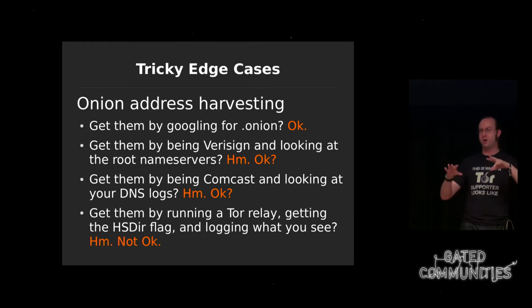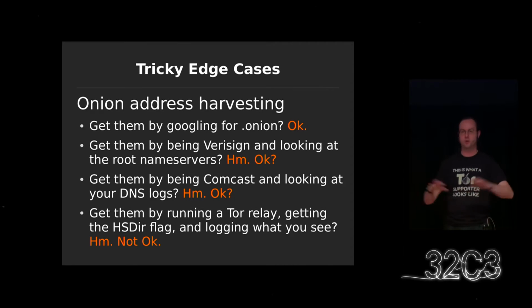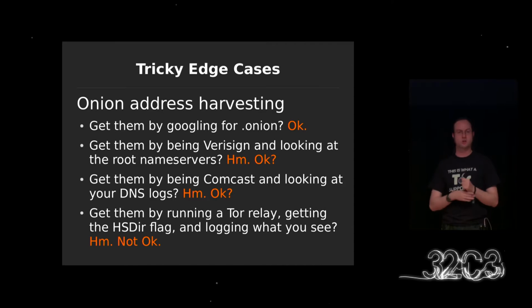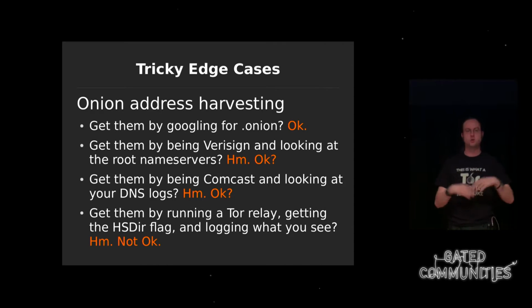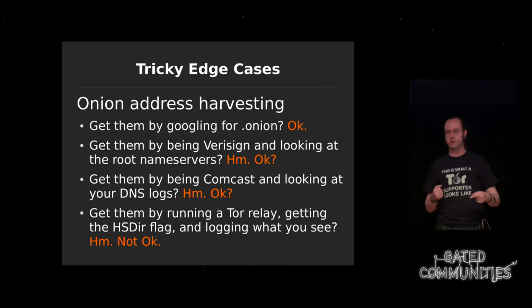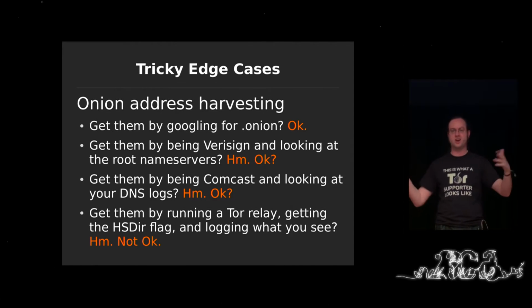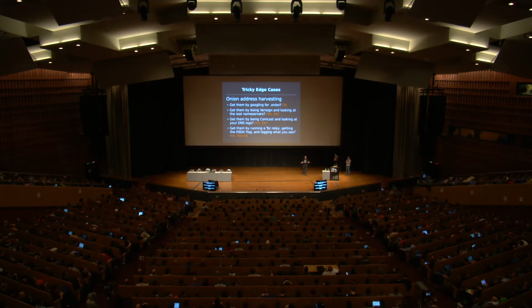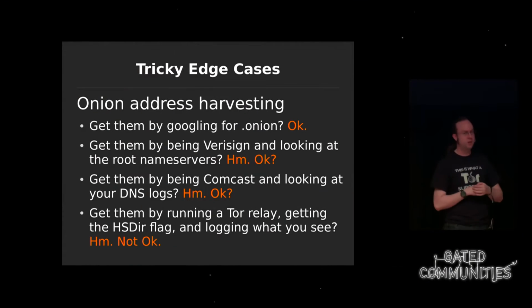There's a more complicated one where you're VeriSign and you run some of the DNS root servers and you spy on the DNS queries of the whole internet. And anybody who accidentally sends a .onion DNS query to your root server, you write it down. So now you learn all the side channel accidentally leaked addresses. Does that follow our guidelines? Is that okay? Is that ethical? It's kind of complicated, but I don't know a way to stop it, and they already have the data set, so okay, fine.